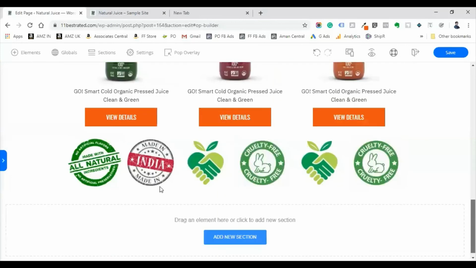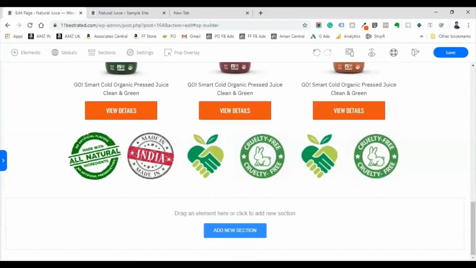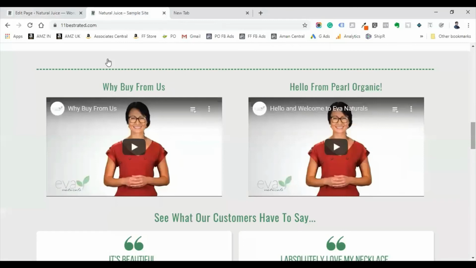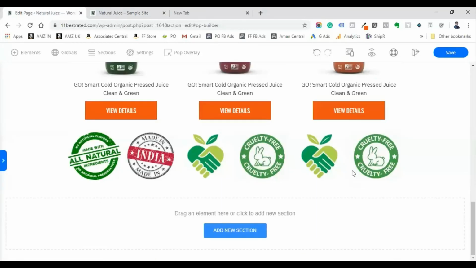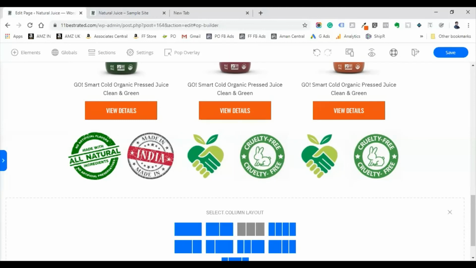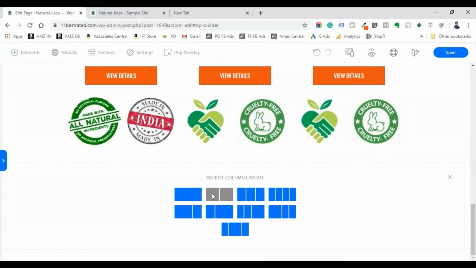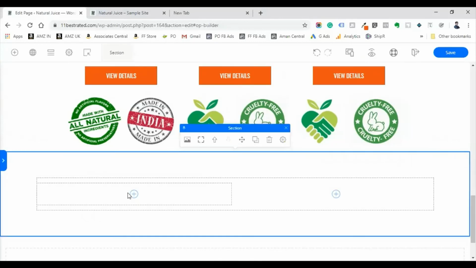So you just have to have all these things. This is a 2 column layout, I will show that as well. It is a 2 column layout where here we will have one heading and a video element.